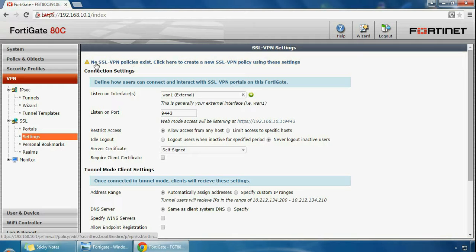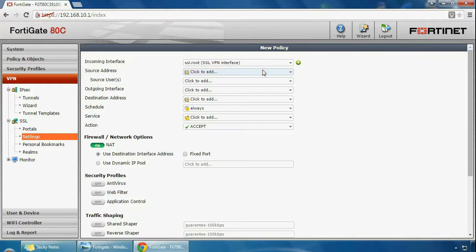that's not opening, but that's this bit I forgot to configure. So no SLVPN policies exist. Click here to create a new SLVPN policy using these settings. So if we click here,